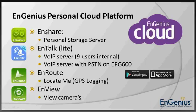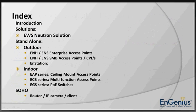So, pretty much summarizing here, I have talked about our AWS solution. I have talked about our standalone solutions for indoor and outdoor. And I have talked about our Soho very shortly as a short general introduction of our product line. So yeah, this was the last slide of my presentation, and maybe